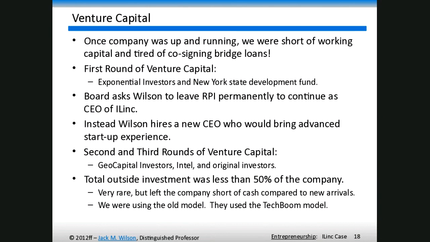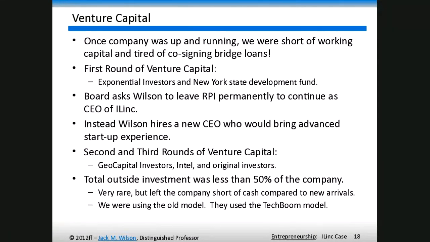I'm going to stop now and let you finish the rest of this case on your own after this one. As we went forward, though, we were slow to go after venture capital. But then we realized that we needed to have more working capital. We were tired of me co-signing loans because I was the only one that owned a house and cars and all that kind of stuff. So it was all my assets at risk. I wasn't fully disclosing to my wife and children that I was putting their future at risk, to be perfectly honest. I wanted to get out of that. And so we started going after venture capital.